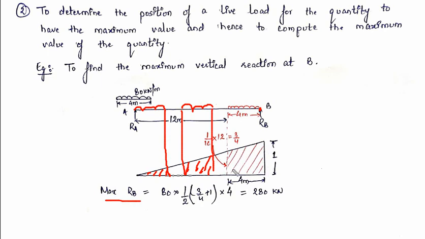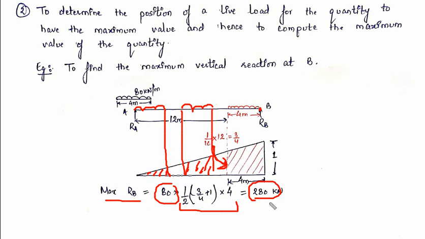Now the maximum value of RB will be equal to UDL into the area covered by the UDL. Now in order to calculate this area, first we will have to find out this ordinate. So again, by using similar triangle, perpendicular of bigger triangle divided by the base of bigger triangle, so 1 by 16 into the distance of the ordinate from the apex point, which is 12. So 1 by 16 into 12, this will give you 3 by 4. So the area of this trapezium will be half sum of parallel sides into height of this trapezium, which is 4. Now into the UDL